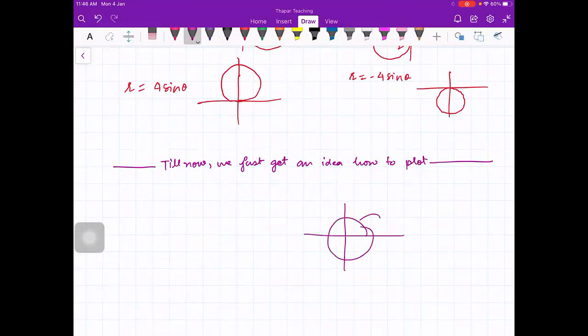Okay, now next thing is, when you were doing these areas, you had two curves, right? And the question was something like this: find the area enclosed between these curves. So the next thing is, find the intersection points. Okay, then only you will get the limits. So the next thing is, find the points of intersection.